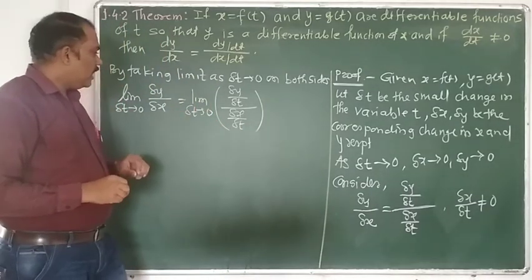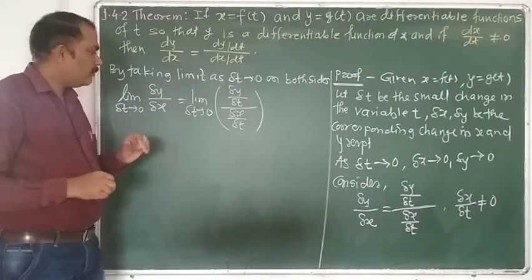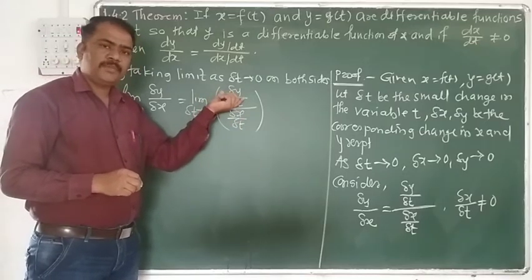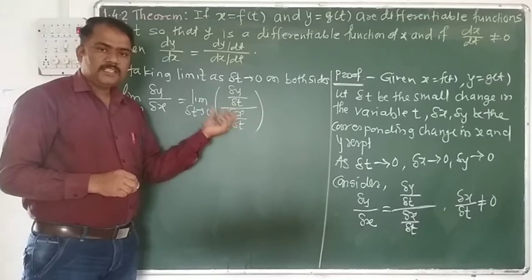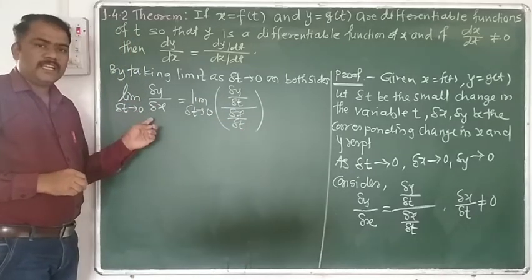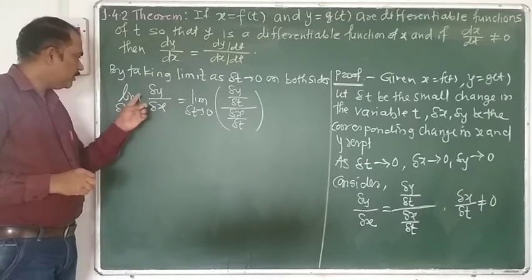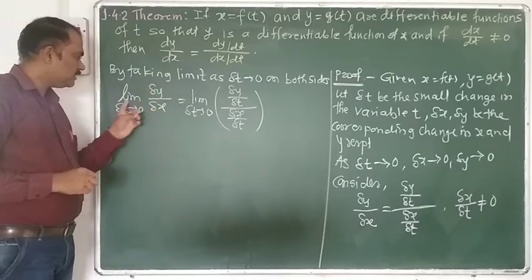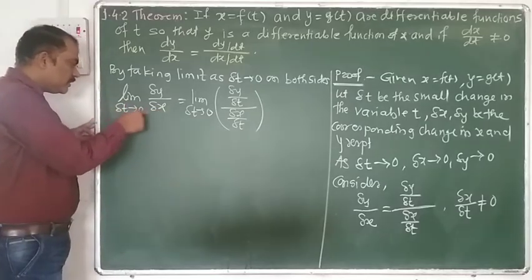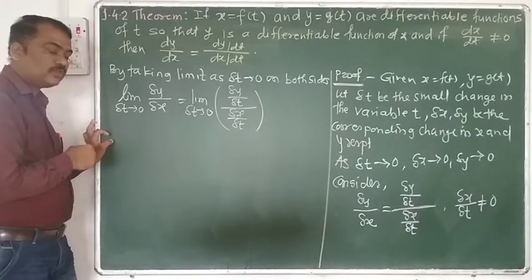Okay. Also, by using the algebra of limits, here the question is there. Here there is division, so you can take the separate limit of the numerator and the separate limit of the denominator. Also, here the denominator has delta x. So the limit of delta y upon delta x as delta tends to 0, here divided by your delta x. So here we must require the limit as delta x tends to 0.